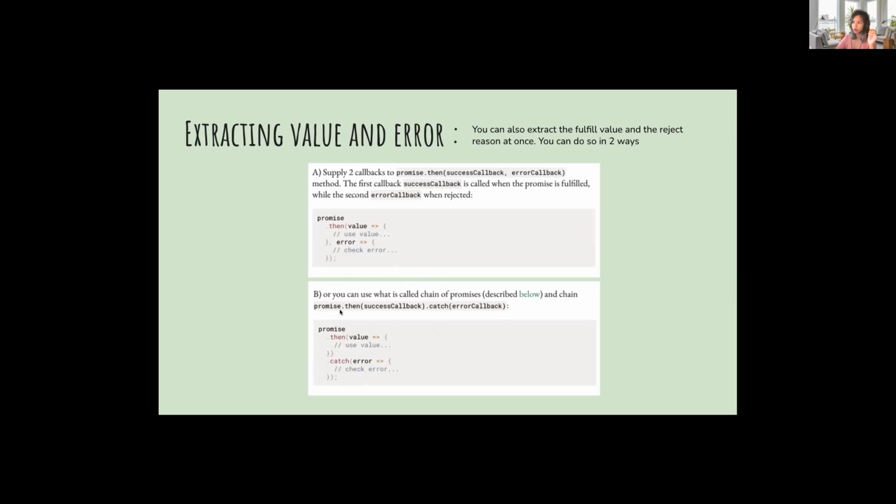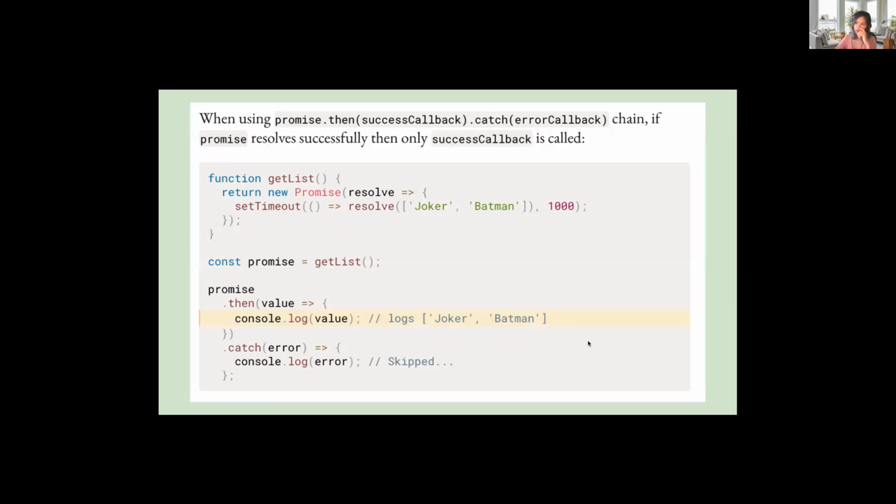So it will be like promise dot then, and then pass the callback inside, and then dot catch to pass the error callback inside. So we will look into the second approach, because we see it more often. When we use this chain like dot then dot catch, the promise, if it's resolved, it will just